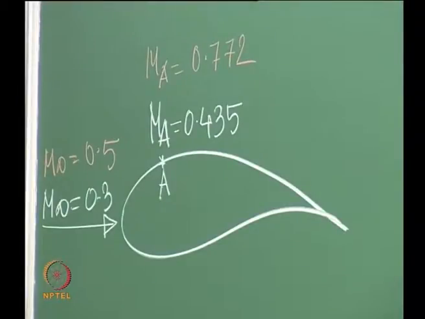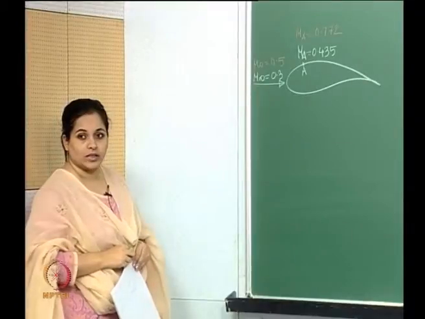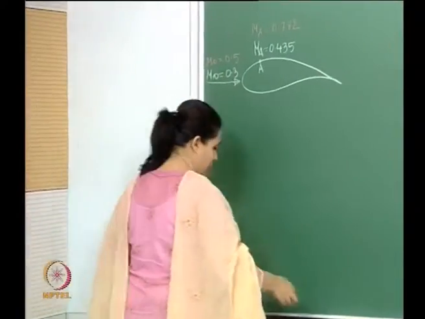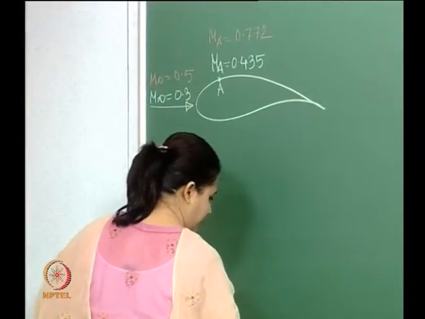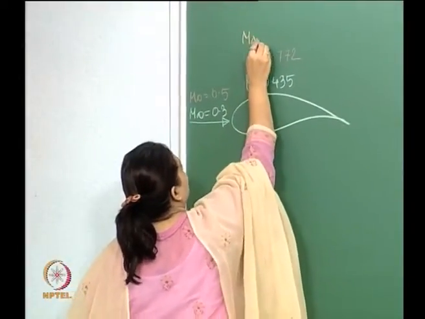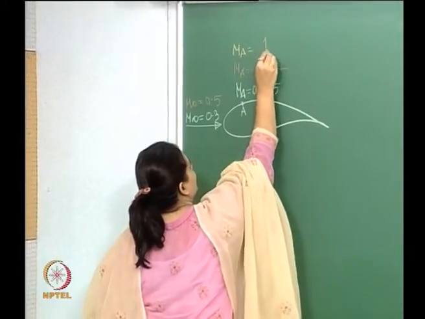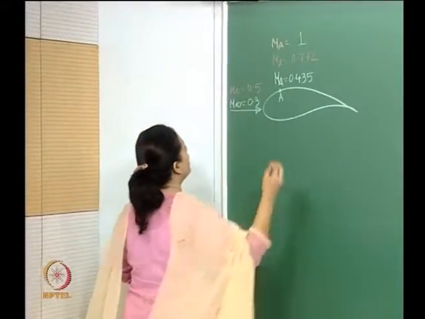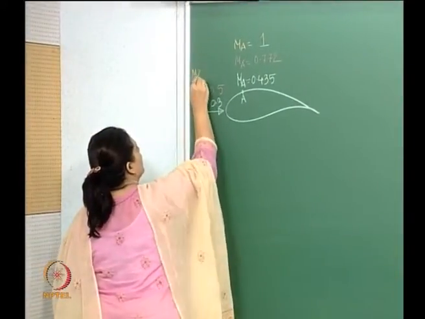Now, if we do a reverse calculation, if we say that the Mach number here is 1, then what is the corresponding